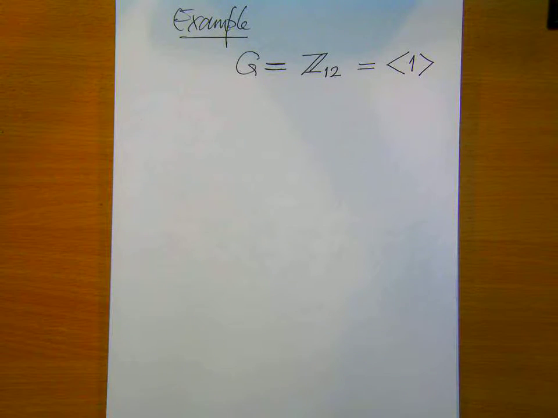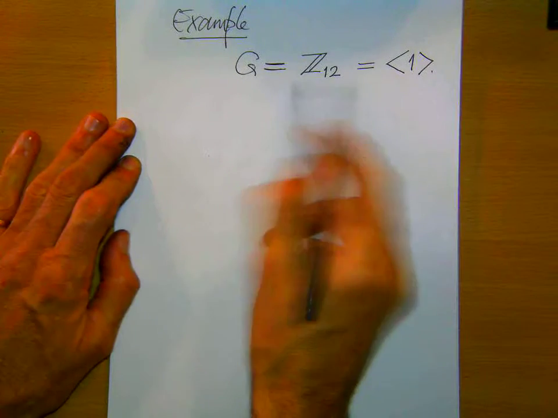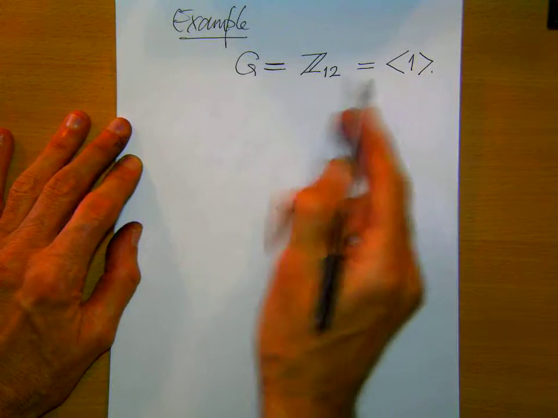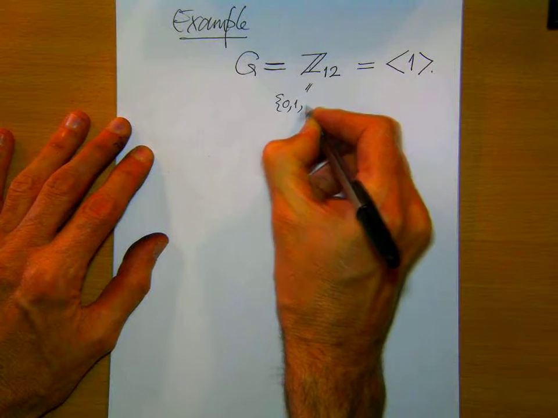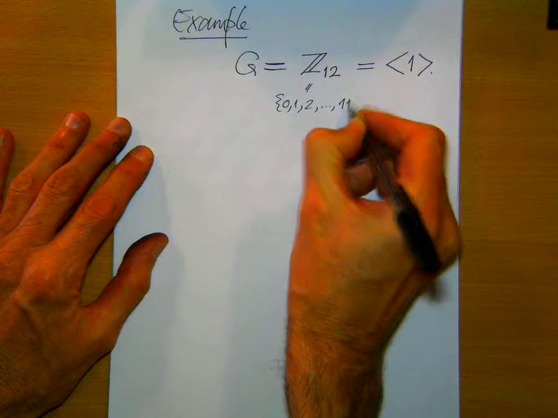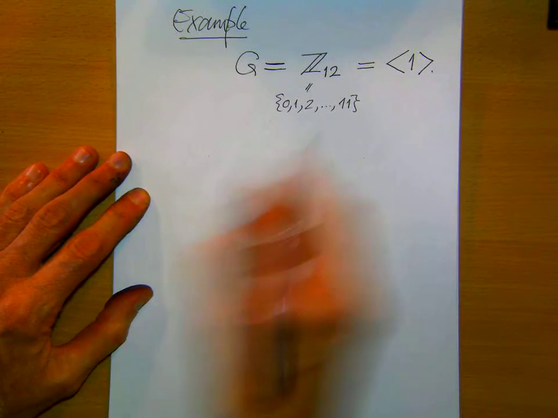Now we're using additive notation, just the usual caveat. So to compute subgroups of Z12, so remember Z12 is 0, 1, 2 up to 11. That's the economic way of writing it. Integers modulo 12 under addition modulo 12. To compute the subgroups of Z12, all we need to do